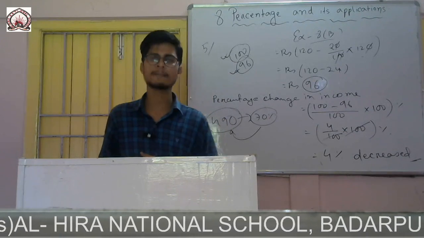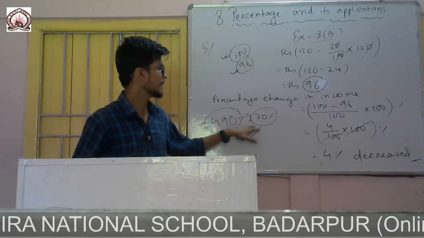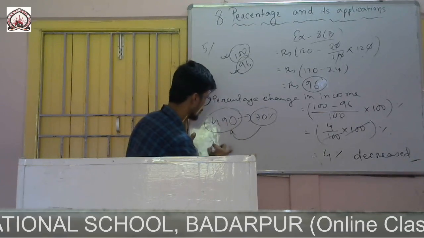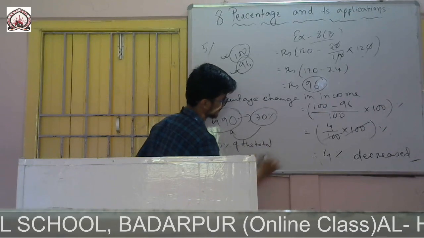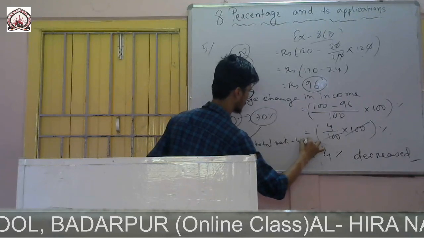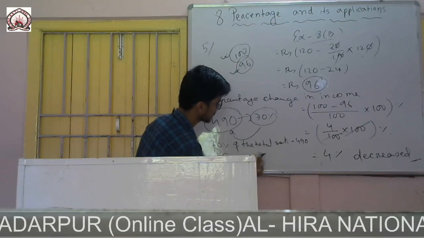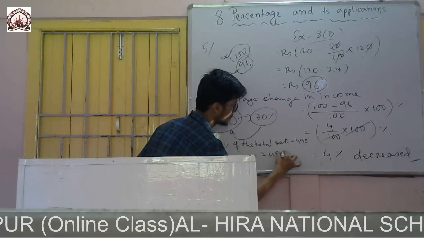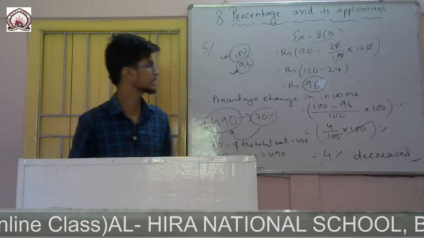The question is to find the maximum marks. So you write, let the maximum marks be X, then you find 70% of X is equal to 490. I will not do it, it will be his homework. You write 70% of the total marks, or the maximum marks, is equal to 490. 70% means 70 by 100 into total marks. First of all you let it as X, then you write 490, then you solve this one, you will get the value of X, which will be the maximum marks.